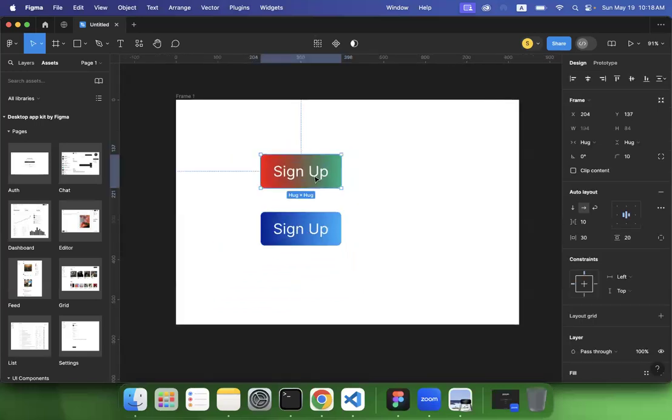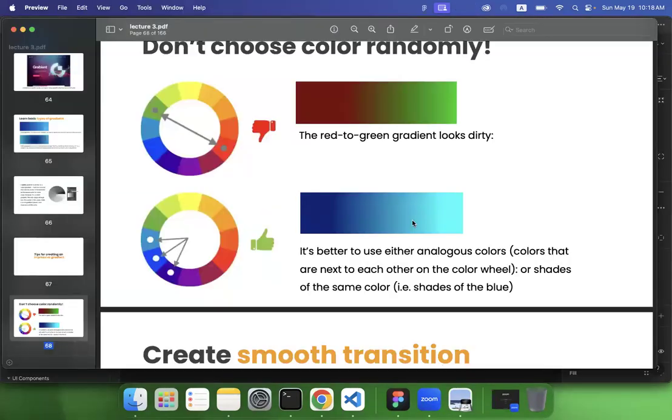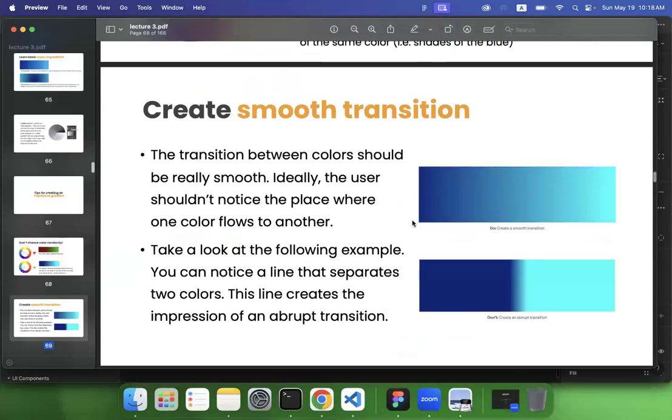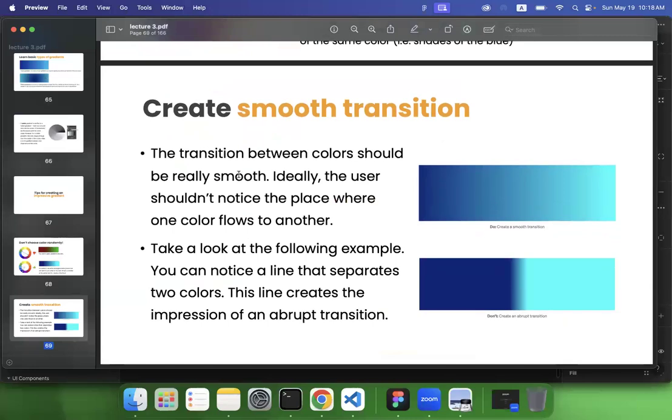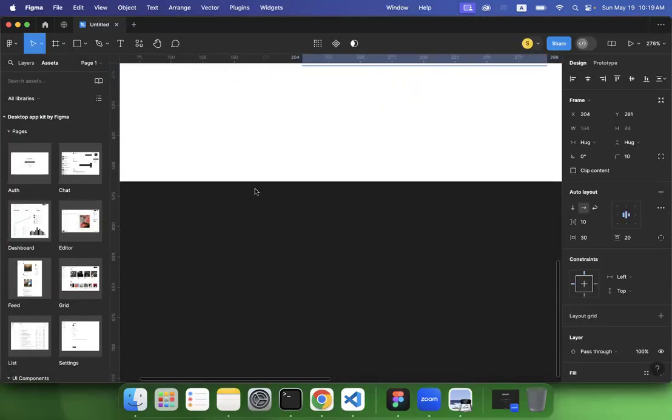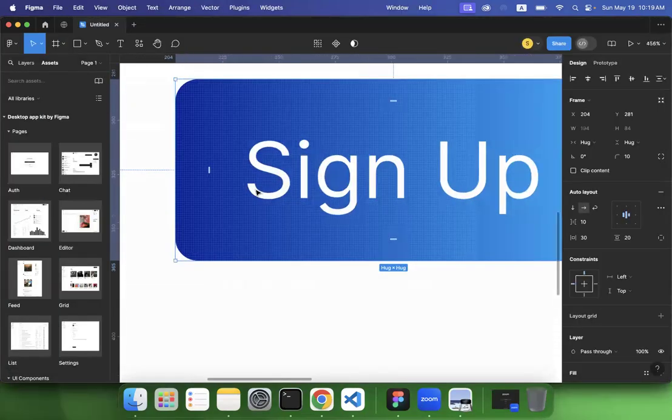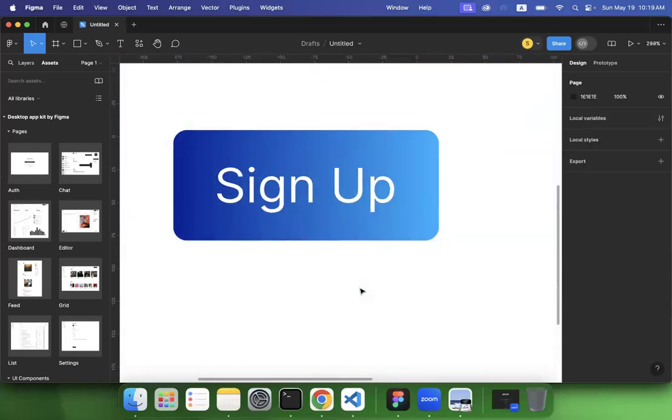So always make sure to select colors next to each other, or same color shades from one solid color, like this. Create smooth transition. The transition between colors should be really smooth. Ideally, the user shouldn't notice the place where one color flows to another. So in here, if I zoom it in, you can't clearly see where one color stops and the other color